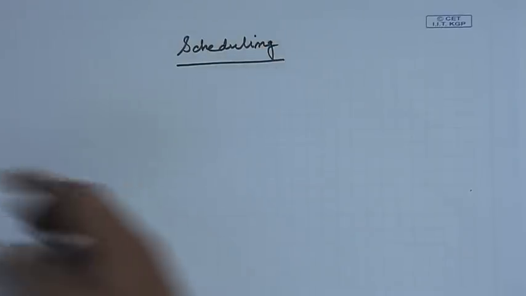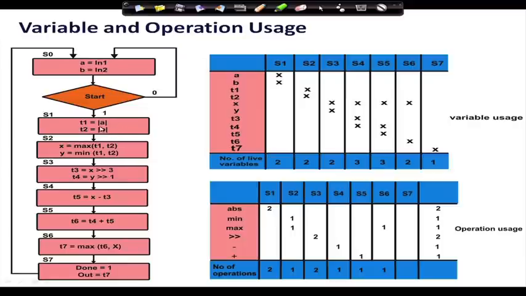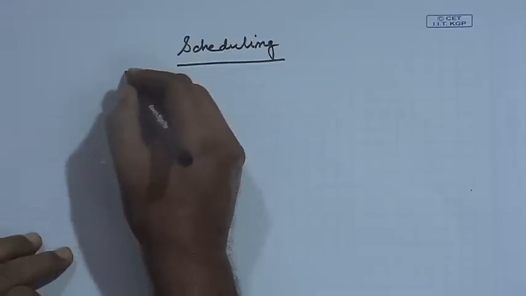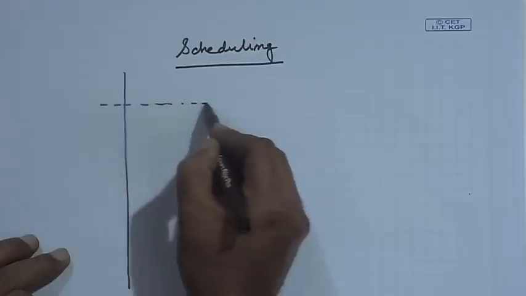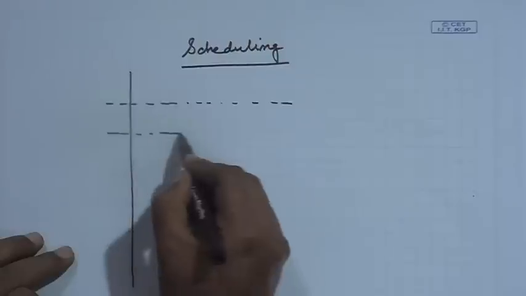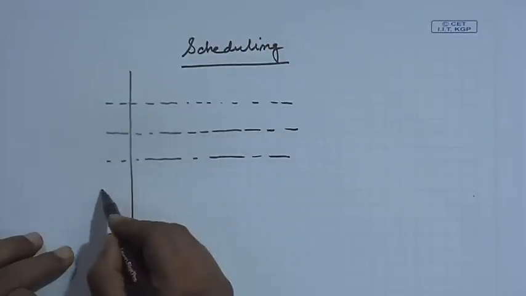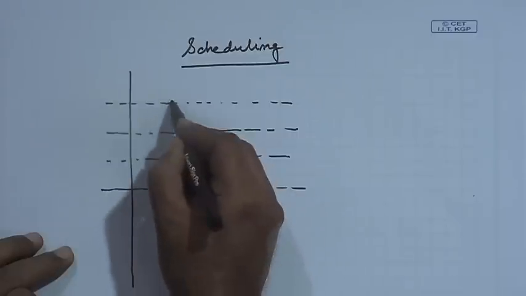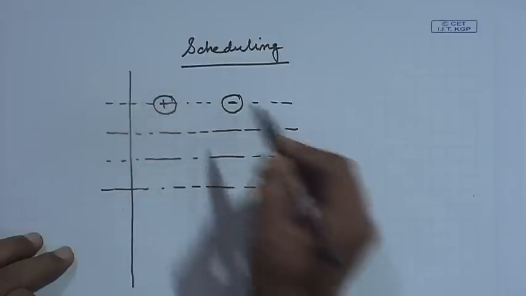So, here you see we have put up, say, two operations in the same control step, right. Now, before that let me just quickly explain what is meant by control step. Say at every clock cycle some operations will be done. So, I can assume each of these to be the control steps, all right, and say I can have an addition done here and a subtraction done at the same control step.